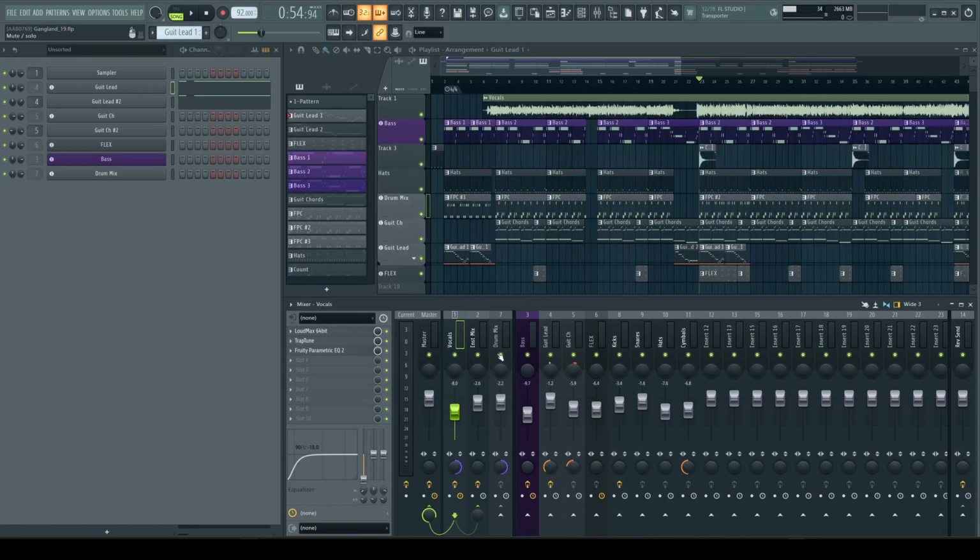But what that essentially means is if I was to mute just these three channels and hit play, you wouldn't hear anything because these are the only three channels going to the master. So I could put on my drums, my instruments,